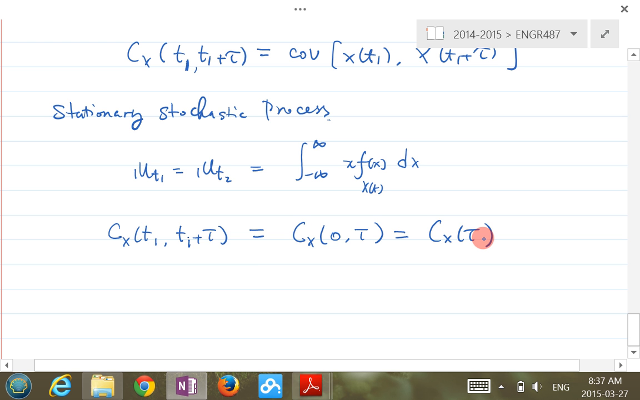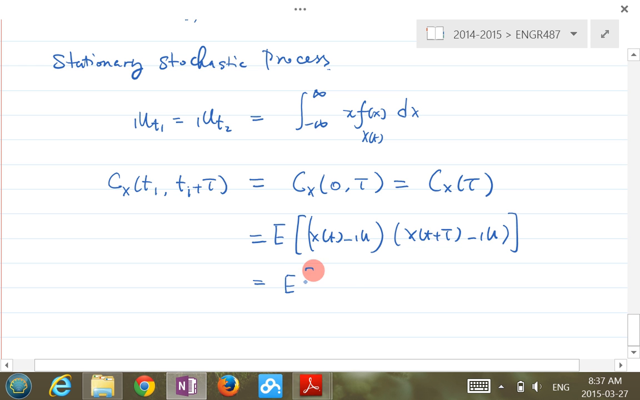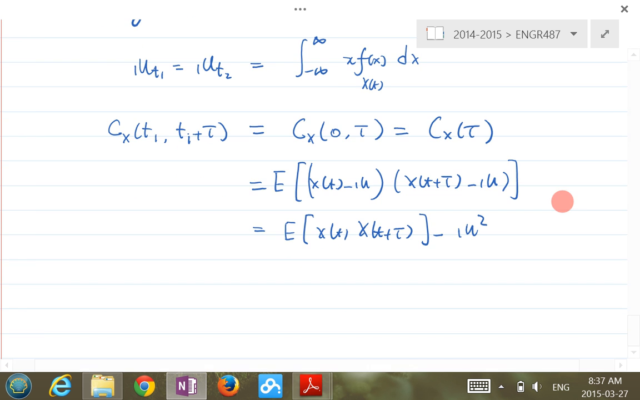So the Cx of tau is equal to the expected value of x of t minus its mean, times x of t plus tau minus the same, its mean is not going to change. If you expand this out, it's the expected value of x of t plus tau minus mu squared. So the key idea, essentially, you can just remember